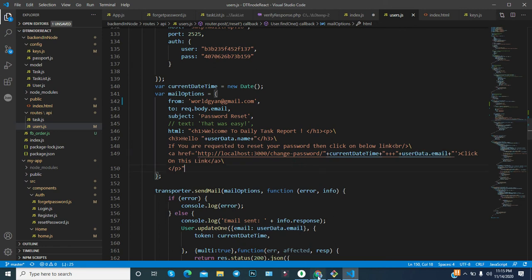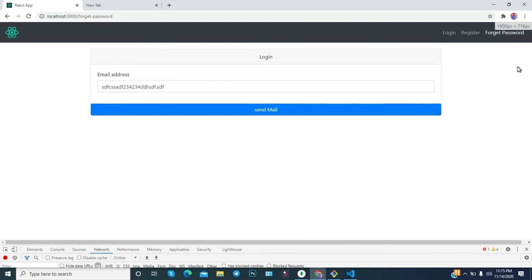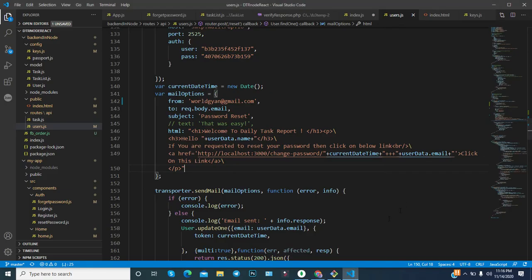Someone will click here on forgot password. If they click, then they will provide the email ID, then an email containing a link will go to the user. If someone clicks that particular link, the link has the information of their email ID, so you will verify the date: whether they requested the verification or not, whether the mail was sent or not. So you can verify, and after the verification you can update their password. Okay, so now you understand the process.